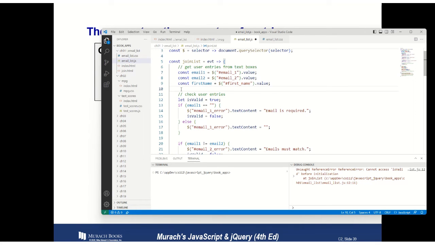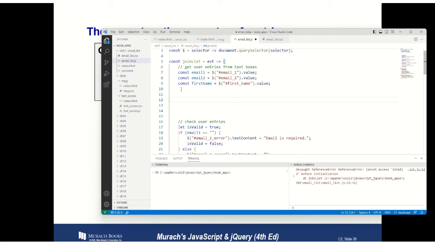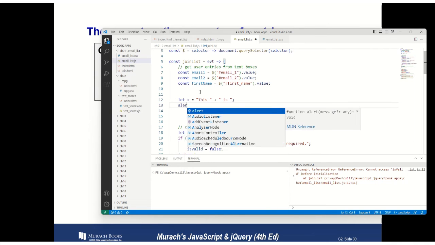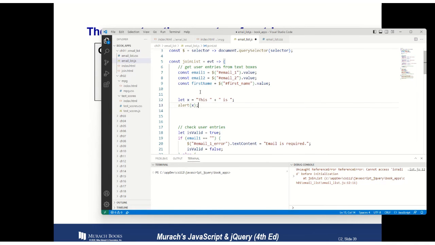So here is the example place, and we can do, let's say let x equals this plus this, I mean you are concatenating two strings. So if you do alert x, then this is what you are going to see. So if you run it,